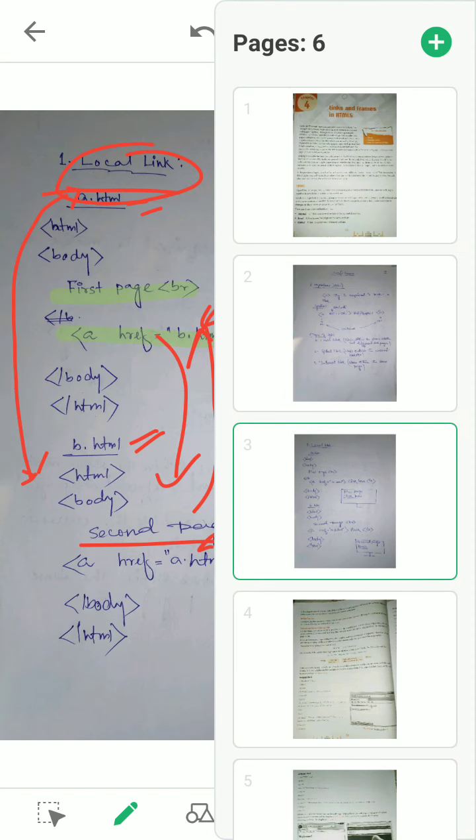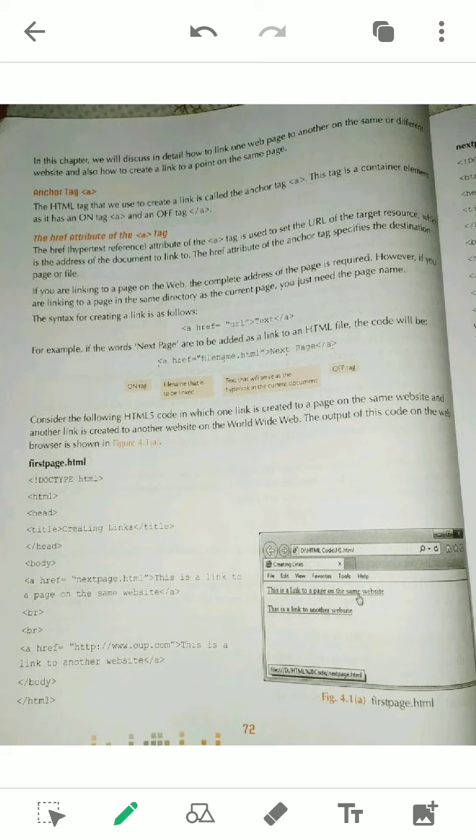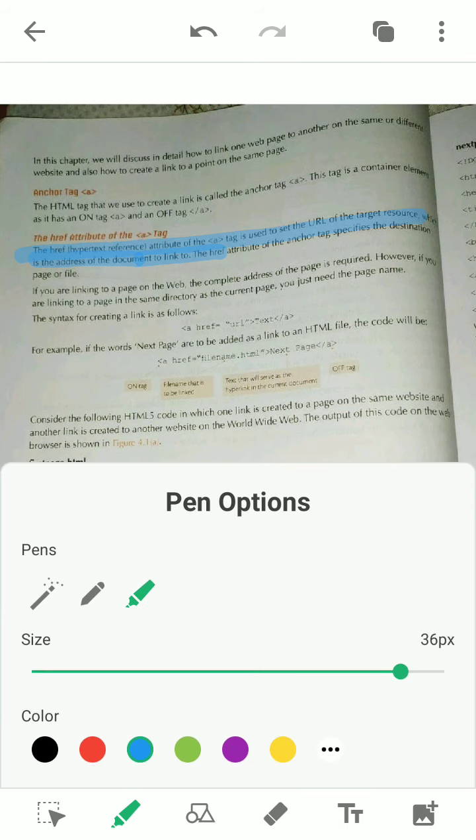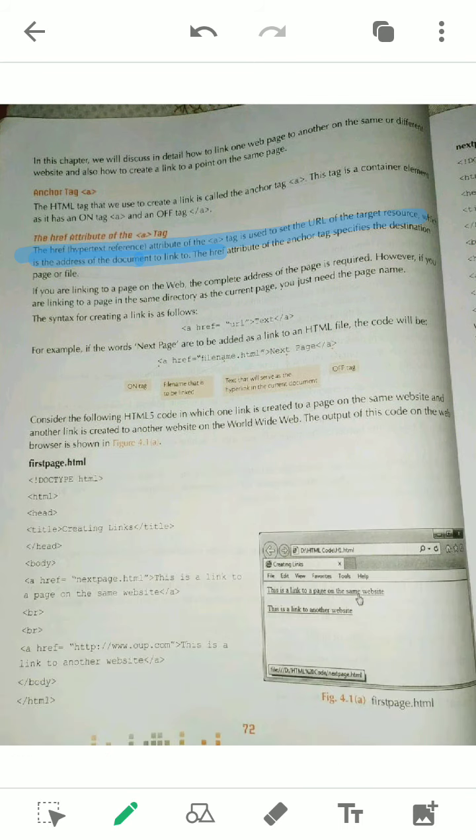Now you see the next page, the things whatever we have discussed here are mentioned, and the syntax is given to you here. The href attribute definition, you see what is the use of the href attribute. The first two lines are given to link the document. It is the target resource. Remember this line, it is very important because sometimes you get confused with the URL of the